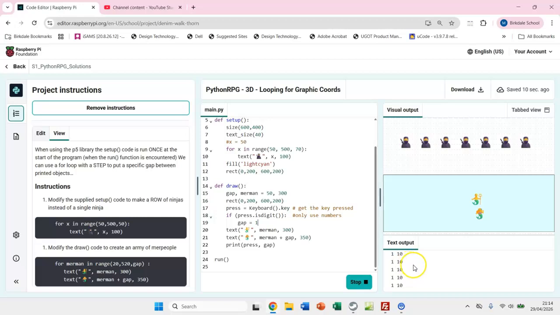So pressing 1 made a little gap, pressing 2 makes a bigger gap, 3, 4, 5, 6, 7, 8, 9. So you can see that every time I'm pressing a key, it is redrawing the screen with the new information. So what I really want to do is to make a for loop so I can draw lots of mer people. So I'm going to come down here,